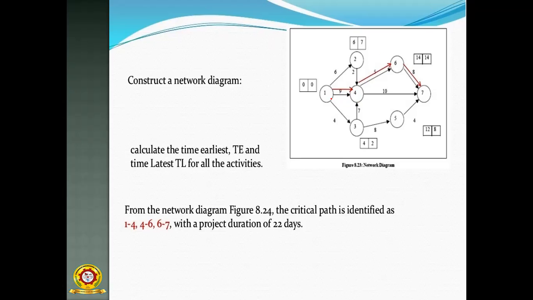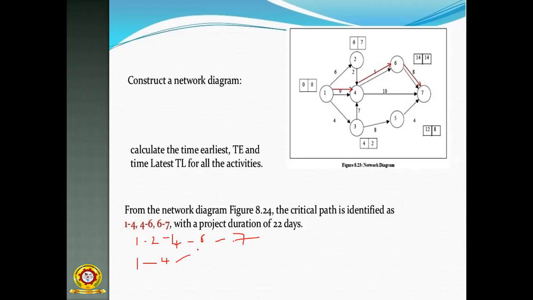Suppose for the first activity, first you have to write down all the routes. 1 to 2, 2 to 4, 4 to 6, and 6 to 7. I am telling in a simple manner. This is one route to reach the last event. So the calculation is very, very easy, otherwise you may get confused.